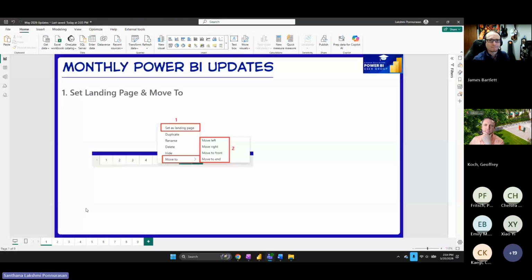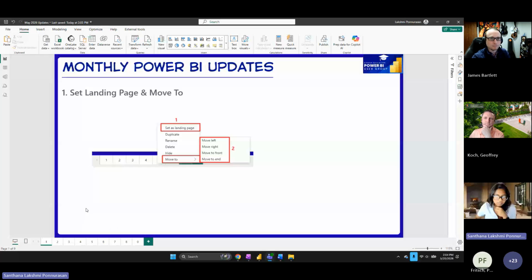Pages, save it, publish it, and then when the user opens up the page, that's not the landing page he sees. So what you can do right now is say, I want to set page number 1 as my landing page. Just do a right click and hit landing page, set as landing page. And then you will see this little house icon next to one, which tells you that this